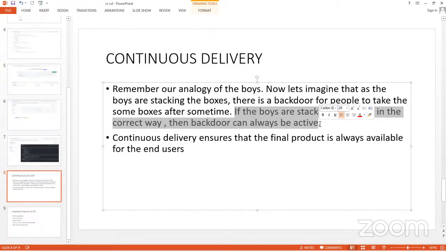Because the boys now have to start the whole process of rearranging their boxes before the people that are using the back door can come in to take out the boxes, because they have not been making sure that the boxes were correct right on time. But if the boys, like I highlighted here, are stacking the boxes in the correct way, then the back door will always be active. There will be no time where the back door will not be able to